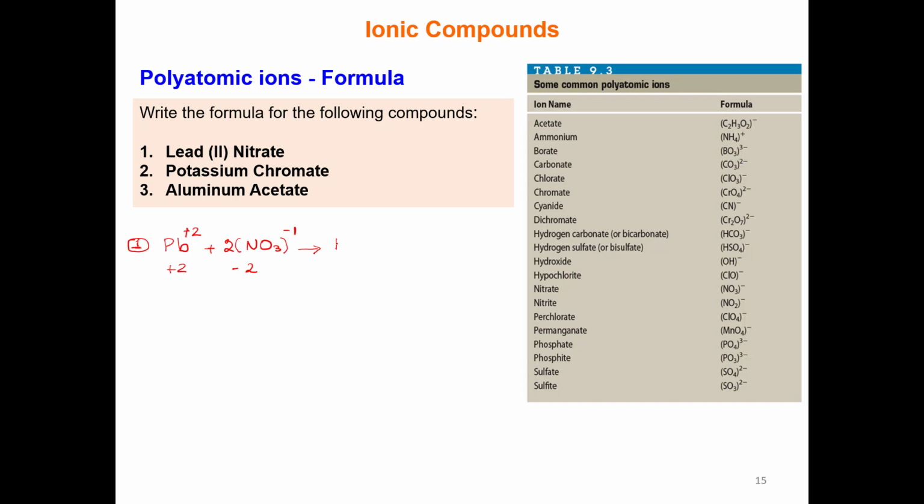First, the symbol of the metal, and then the polyatomic ion formula, and then because we need 2 molecules of nitrate, we will write here 2. And this is the formula for lead 2 nitrate. And let's solve the second problem. In this case, we have potassium chromate. And potassium